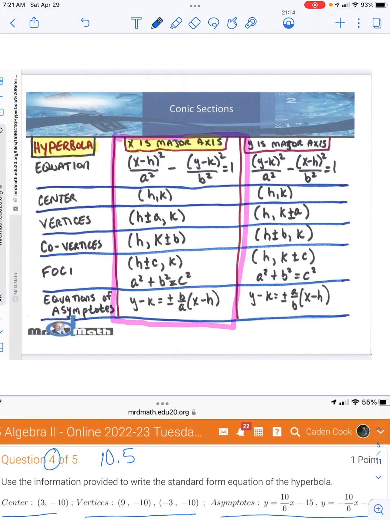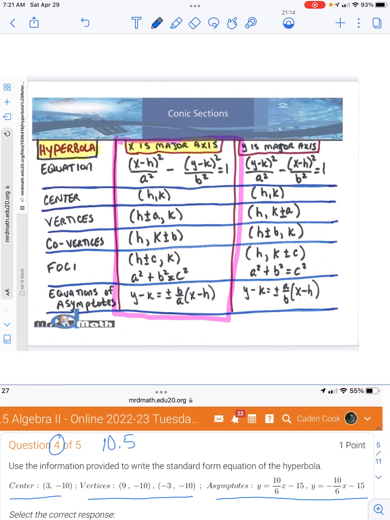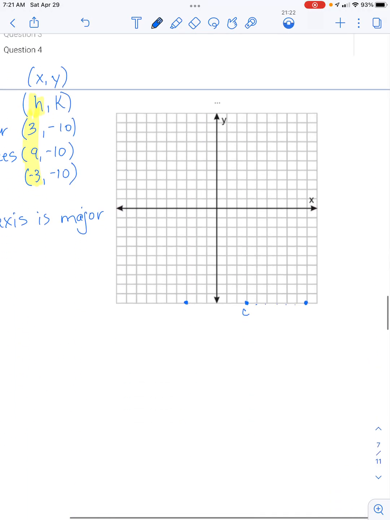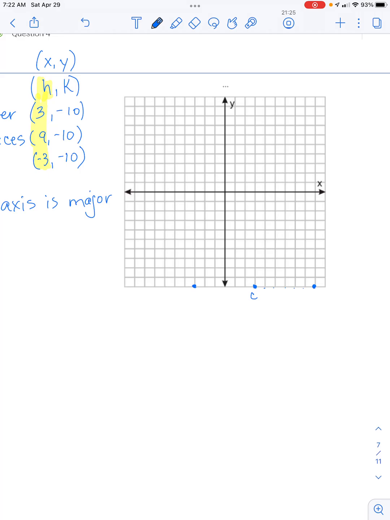Just a good note to keep in mind. All right, so let's look at some of the things that we have that are given to us. Let's see, did I put these down here? I want to show you how these are going to look as well. So down here, these are our vertices for our hyperbola. So we know they're going to go this way. And also, keep in mind that when x is your major axis, your hyperbolas are going to shoot from left to right, okay, as opposed to being up and down. Another thing to keep in mind is that the subtraction sign makes each one of those hyperbolas face away